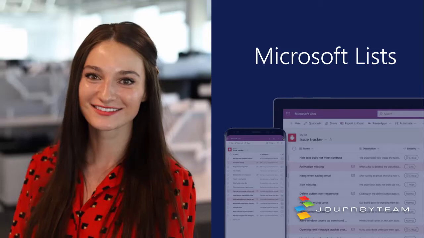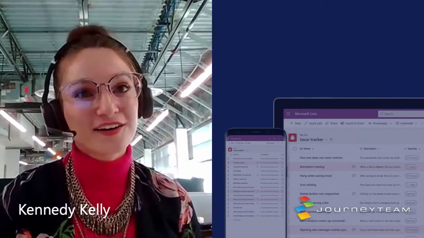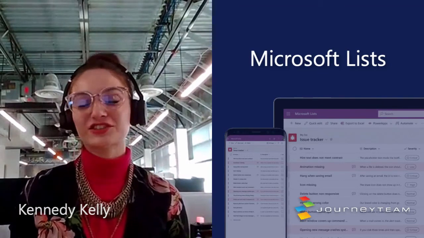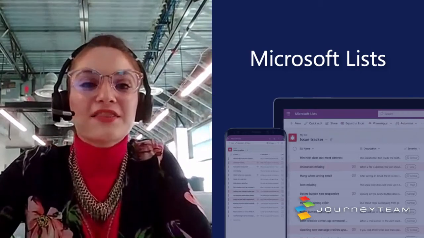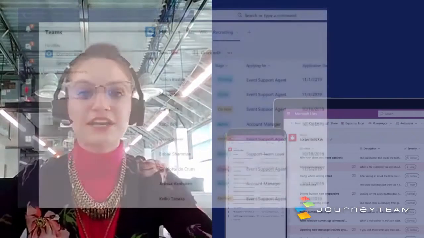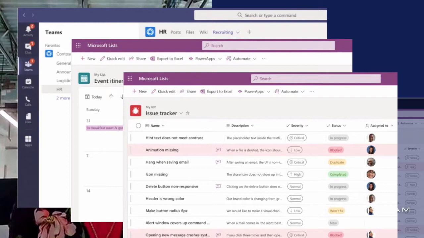Today we're going to talk about Microsoft Lists, MS Lists. They have a few names that aren't the same as SharePoint, even though they can sometimes live in SharePoint, sometimes live in OneDrive, depending on where you create them. They're basically SharePoint lists, but on steroids with templates already created, color coding available in the comments or in the